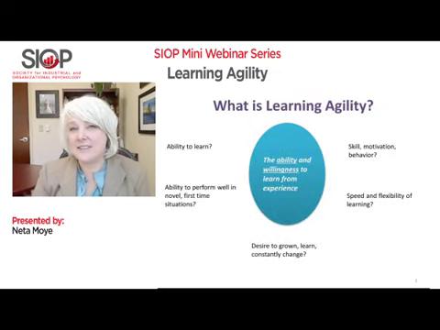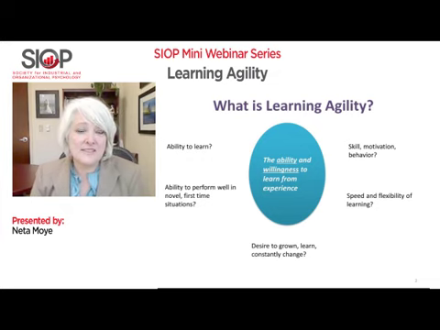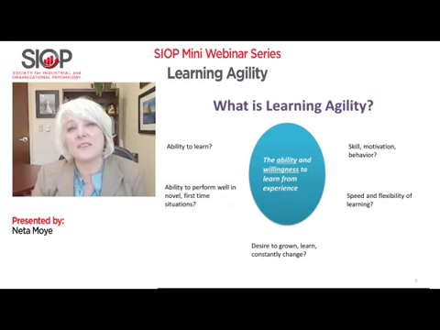Learning agility as a concept has been around for about 20 years. Research has lagged behind slightly, and right now we're in the midst of a researcher-practitioner debate about learning agility. In the most recent I/O Perspectives journal, in fact, there were several articles about the concept of learning agility. The definition itself was hotly contested.